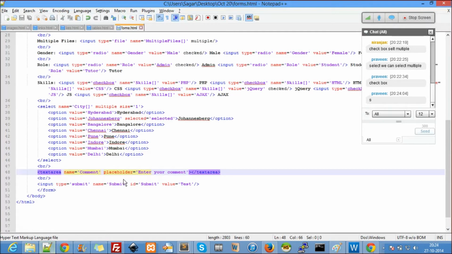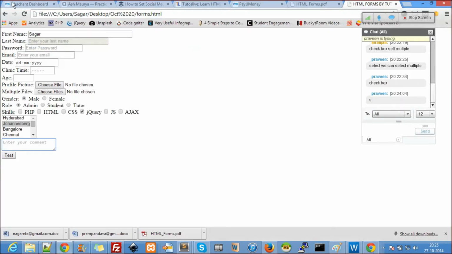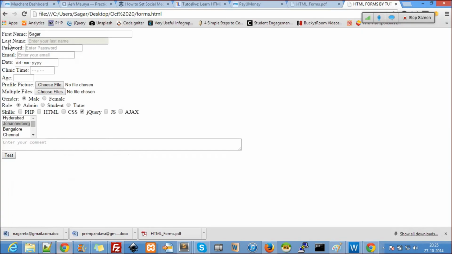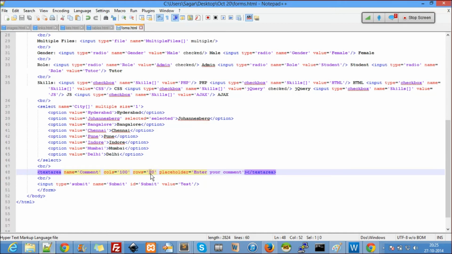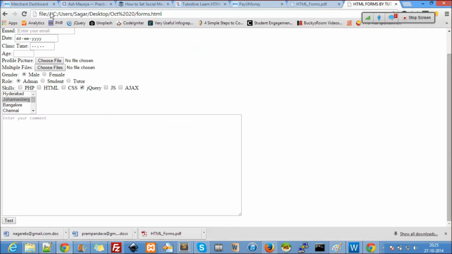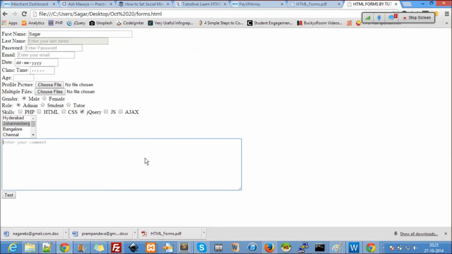Now I want it to be a very big box with full width. Cols equal to, rows equal to. Now let's start with columns. Columns equal to, I'll say 100. I'll refresh. You see, this will go until here. That is columns. Understood now what rows will do? Rows is the height of it. So 20 has become very huge. Let's give only 10. In general, it will be only 3 or 2, I don't exactly remember. This says enter your comment.